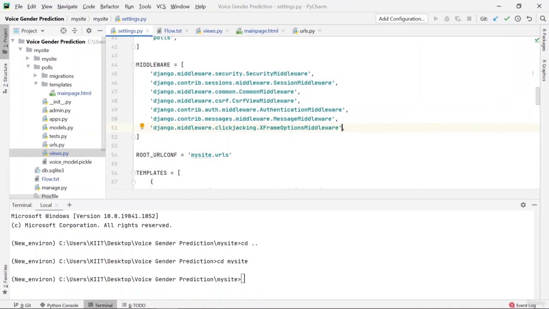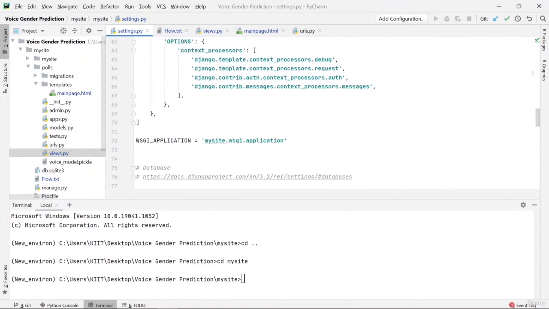So that is one plus point also. You can see that clickjacking, that is the X-Frame-Options middleware, is present, security middleware is present, sessions is present. So you don't have to manually set up things in Django. It has already been set up for you and you just have to write basic functions that help in rendering of pages.